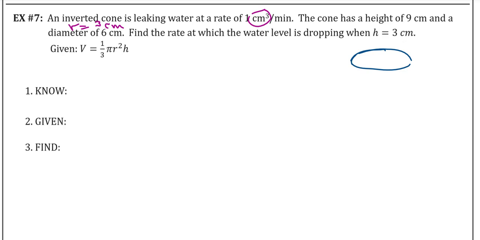We're drawing it upside down because it's inverted, like that. And we are given a diameter. This is my D. And then we're also given a height, H. Okay, so the trick to this one, I didn't want to give you one exactly like the last one,